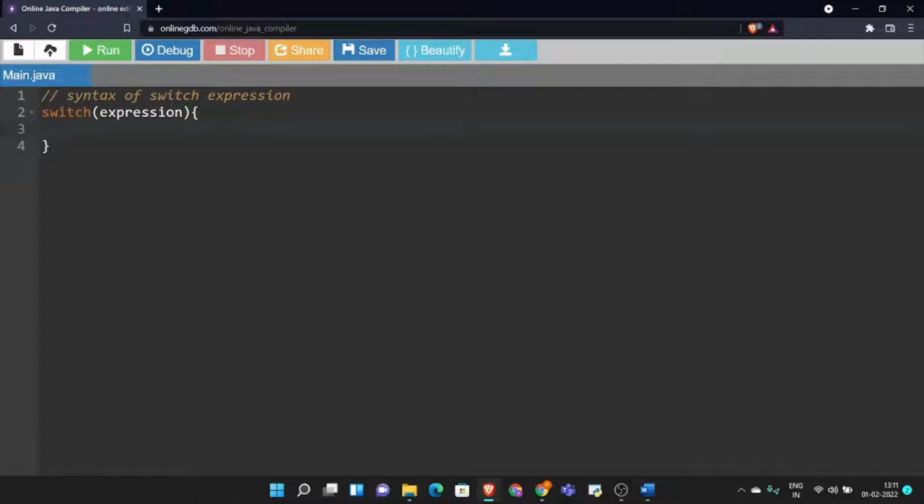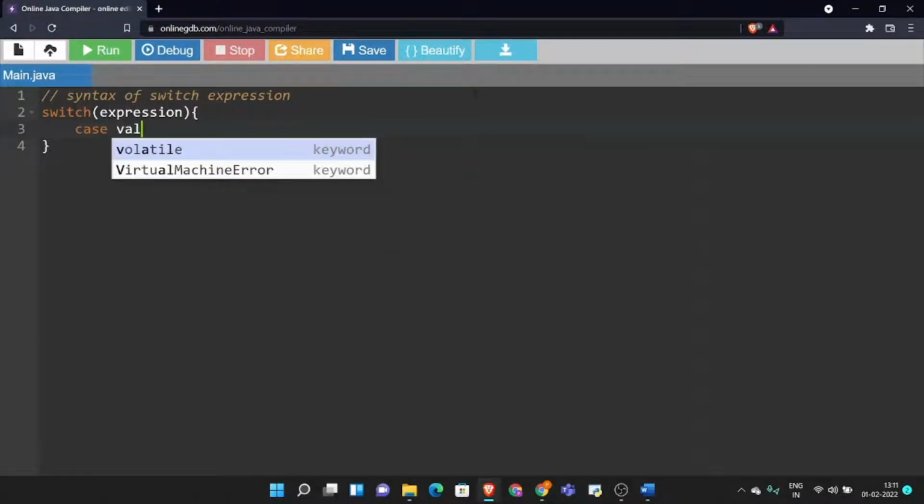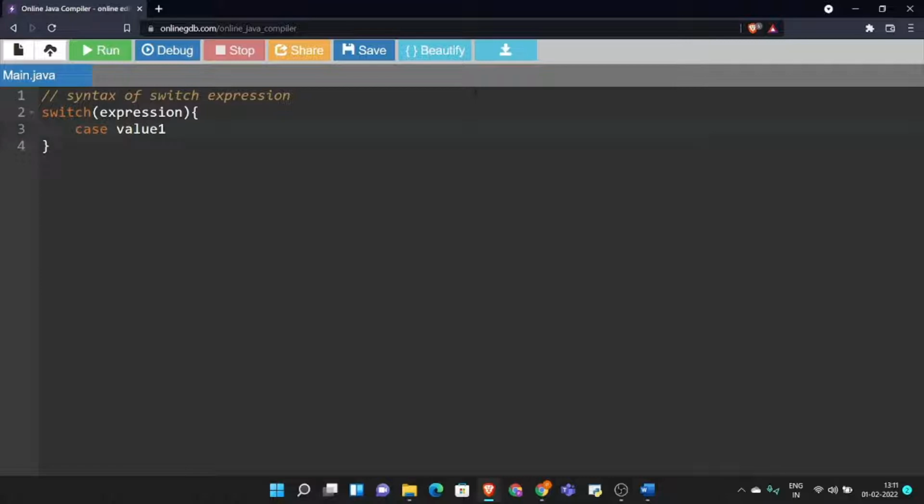Multiple cases means it would be from 1 to n cases. So the syntax for the cases would be like case and then the value of that case, first case value 1 and the colon, and here we would write the